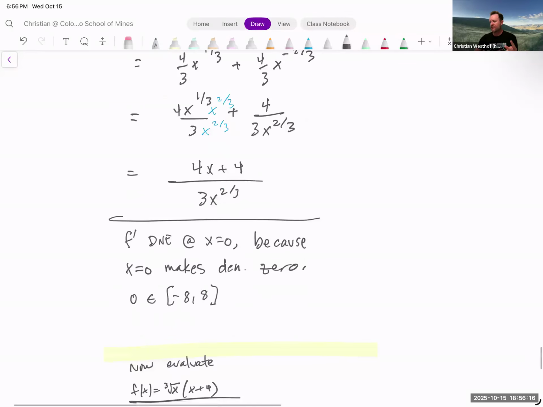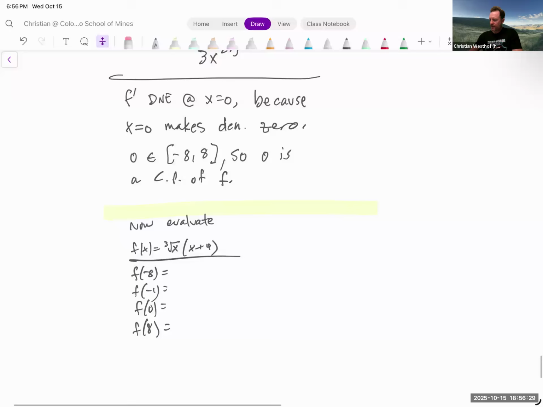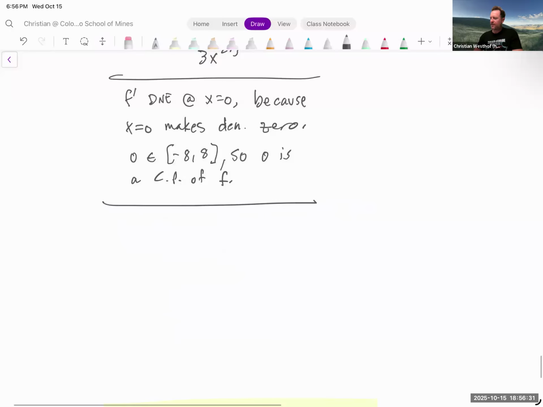Two, it makes your derivative not exist. 0 is a critical point of function f. It's possible there's another critical point of function f, and to find any other critical points, we consider when our